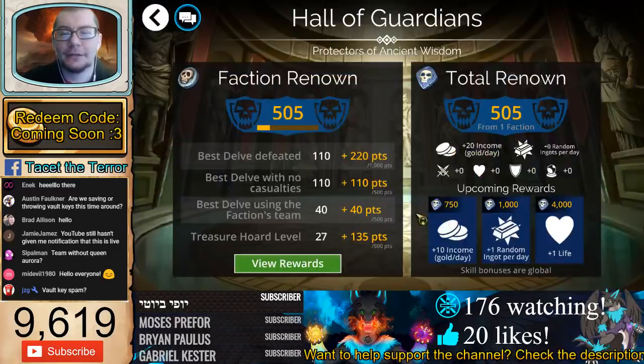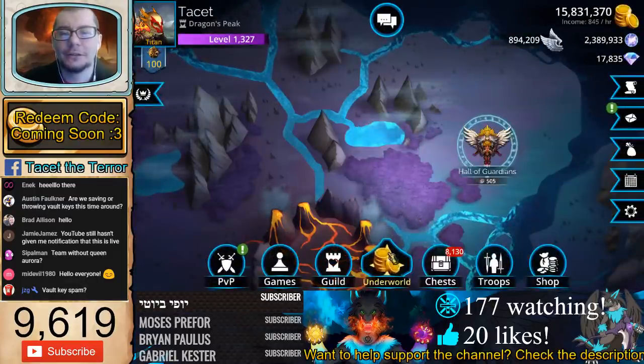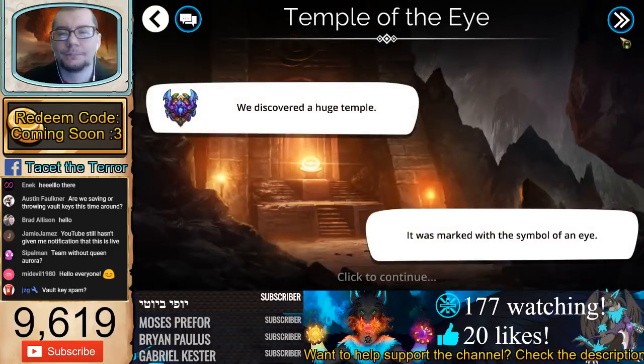We're at 505 renown. We'll be heading to the other delve once we... Actually, you know what? We haven't even done the quest line for the other delve. Let me go do that real quick. I've literally not even done the quest line. Let's go unlock this thing. Let's go do the quest. This will unlock everything for it. I need it for when we go do...